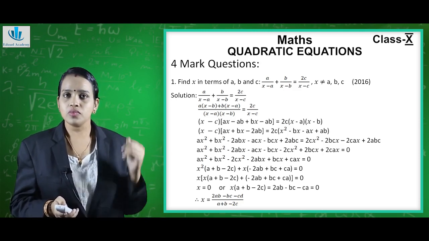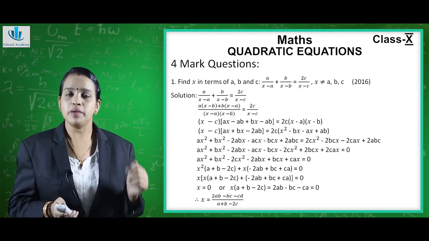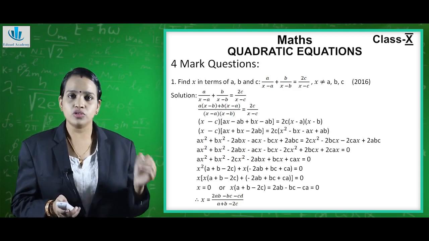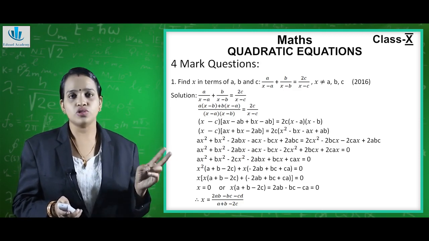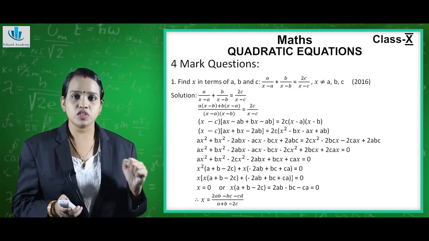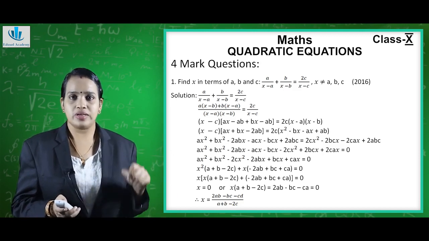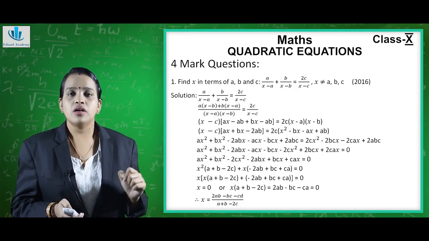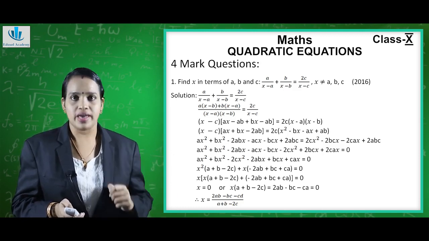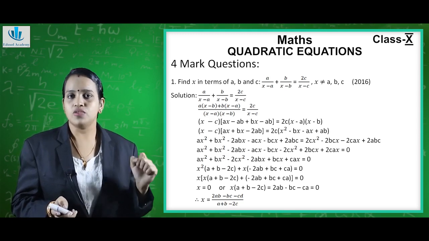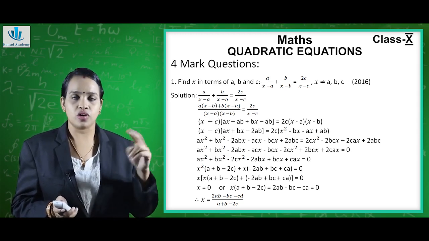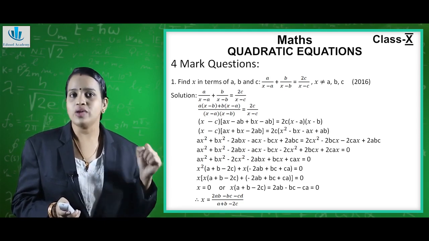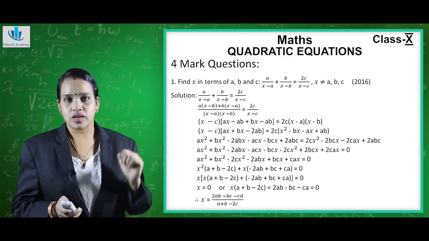Now we will again cross multiply it, but before that we have to open the bracket of the numerator. Together we will also do the cross multiplication. So x minus c into a into x, ax, a into minus b, that is minus ab, plus b into x, it becomes bx, plus b into minus a, it gives minus ab, which is equal to, here also we have to cross multiply, so 2c into x minus a into x minus b. So we can solve it.